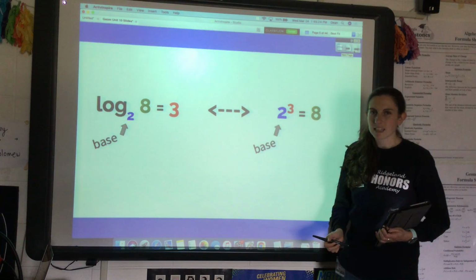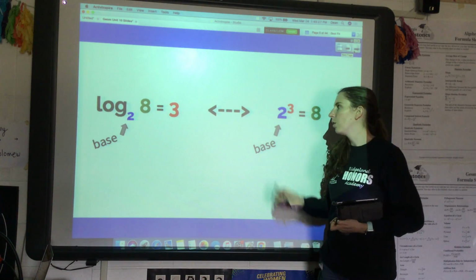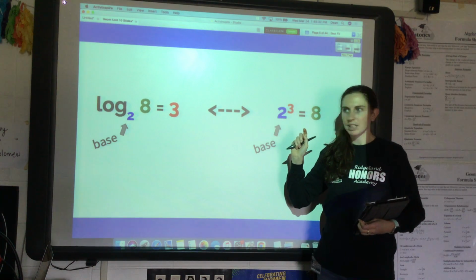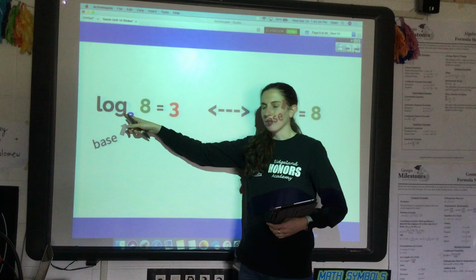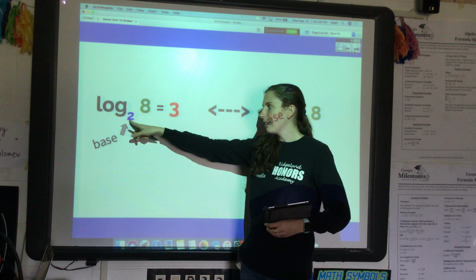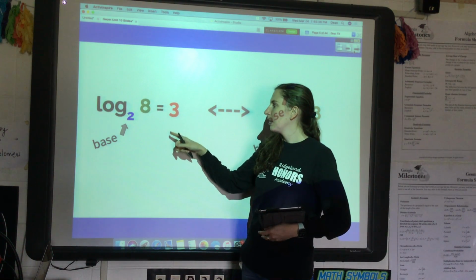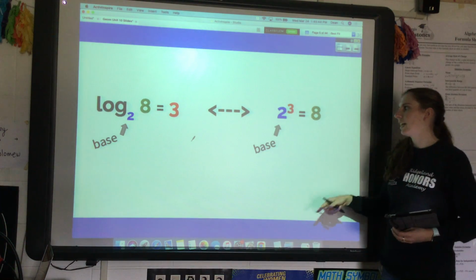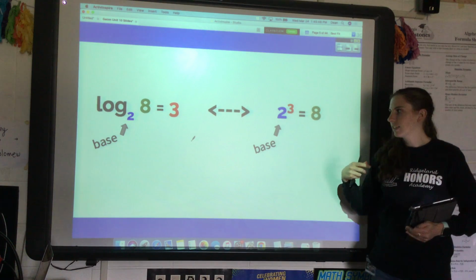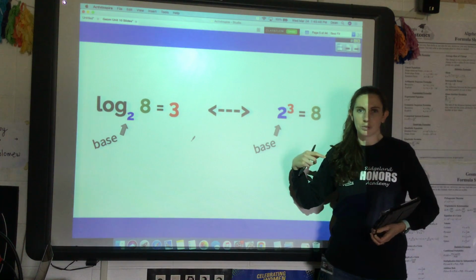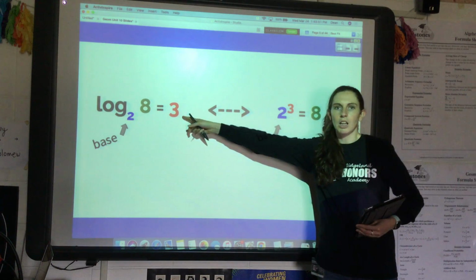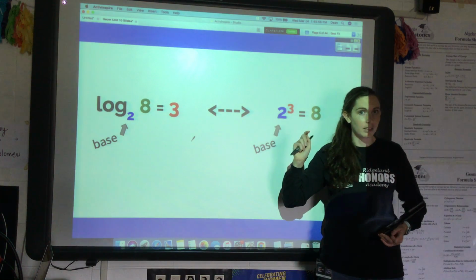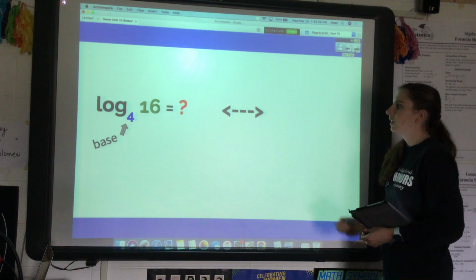You may notice that's very similar to how exponents work. The whole point of exponents is repeated multiplication, so these two are very related. If I write it as a logarithm, we have the base here, and you need 3 of them to give you 8, which is the same thing as saying 2 to the third power is 8. These two statements are equivalent. One is written as a log, the other as an exponent. So you need to be able to go between the two. For example,